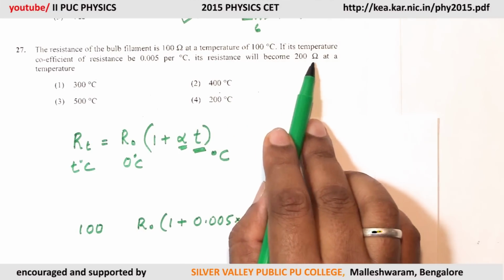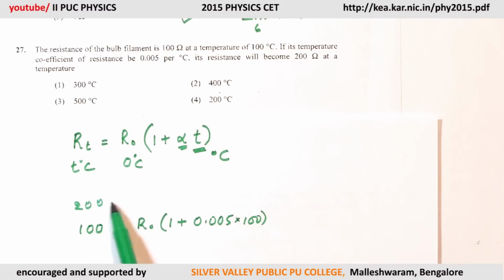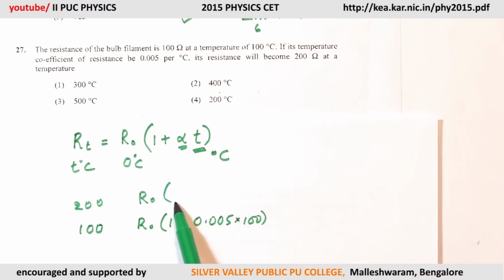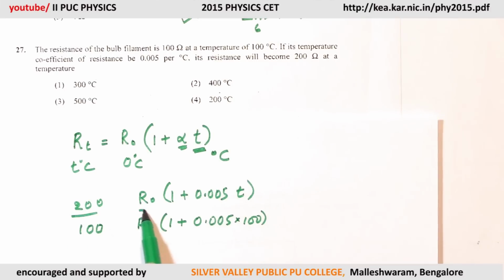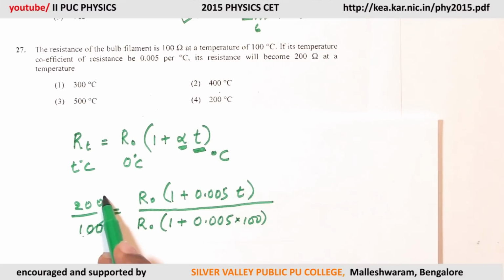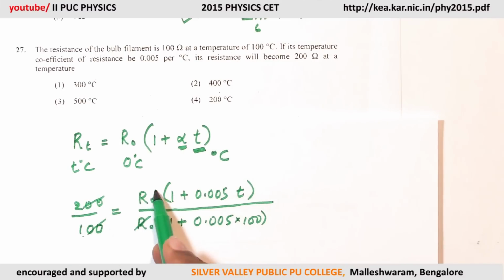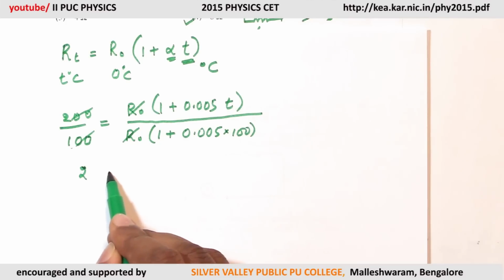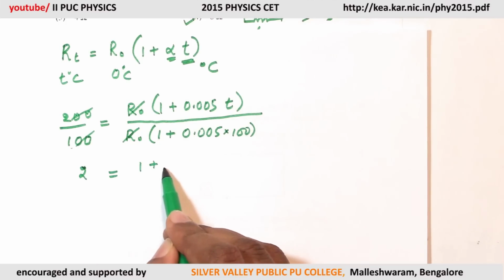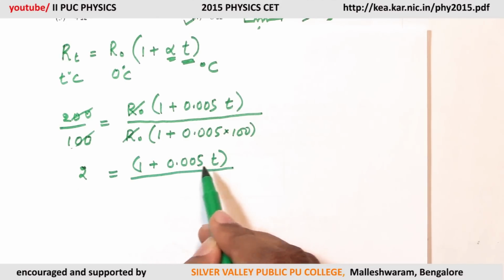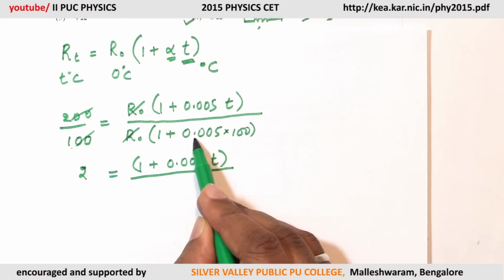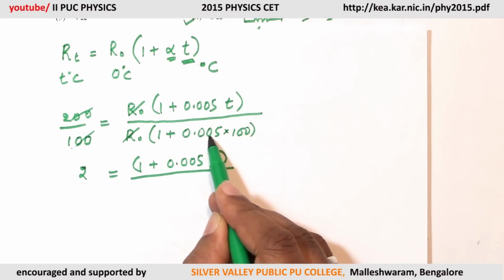Second case, it should become 200. 200 resistance at 0 degree into 1 plus 0.005 into T. Now divide one by the other. This 2 times R0 gets cancelled. This is 2 equal to 1 plus 0.005 times T divided by 1 plus this 0.005 into 100 is 0.5,